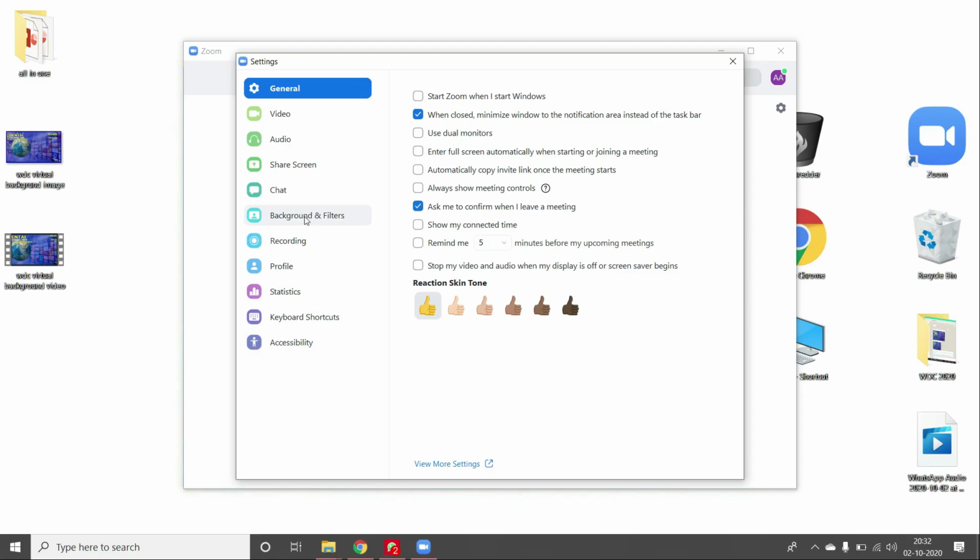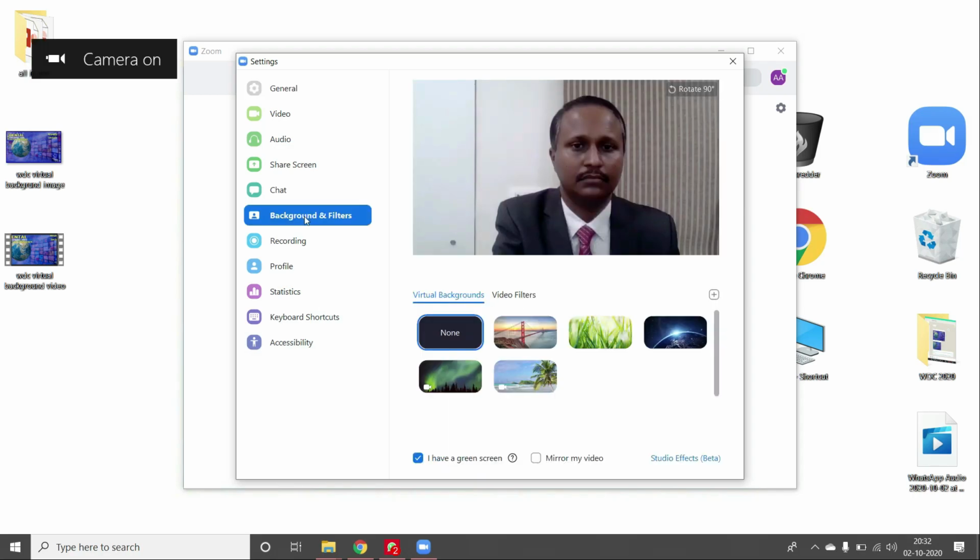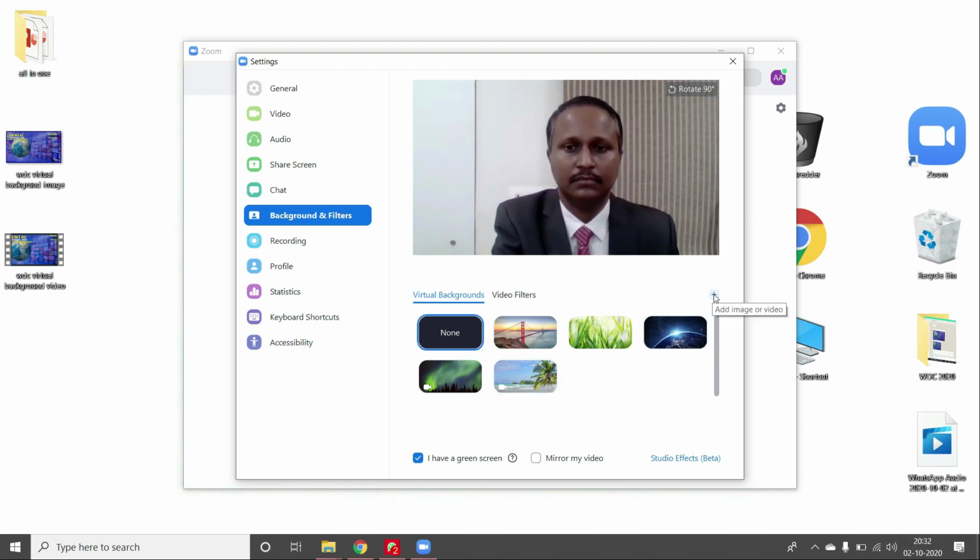Once you select that, you will see various backgrounds which are already present there and an option to add a new background. When you click the plus symbol here, you will get the option to add image and add video. A few of you might get only the add image option, because adding video depends on the laptop hardware and configuration.